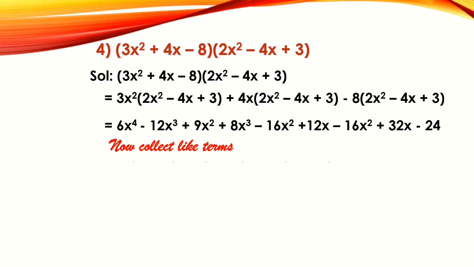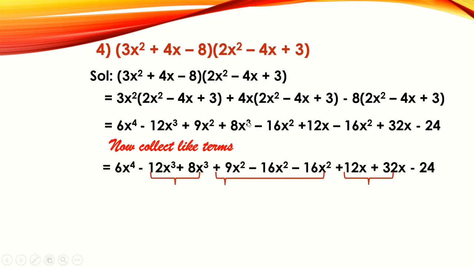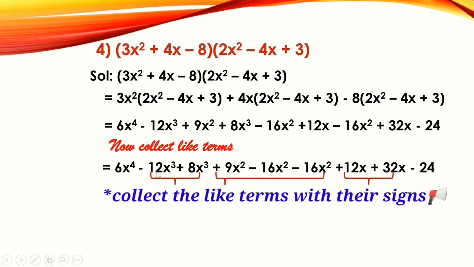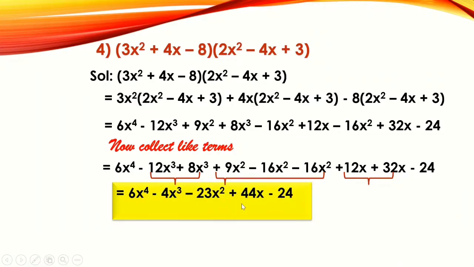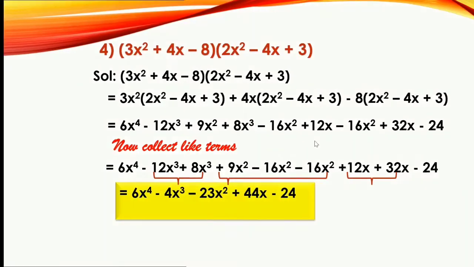And now collect the like terms as we normally do. So I have collected the like terms and I have simplified over here, and this is what I'm getting as the answer. So 12x plus 32x is giving us 44x. These three terms are getting simplified and it is giving us minus 23x square and likewise minus 4x cube, and this is how I'm getting the answer. Right? I hope you have understood. Please write each and every step carefully. So I find this step very important for you. So please write this step. Maybe you find it little lengthier, but you should write so that you are not making any mistake. Right, children? Let's move on to the next question.